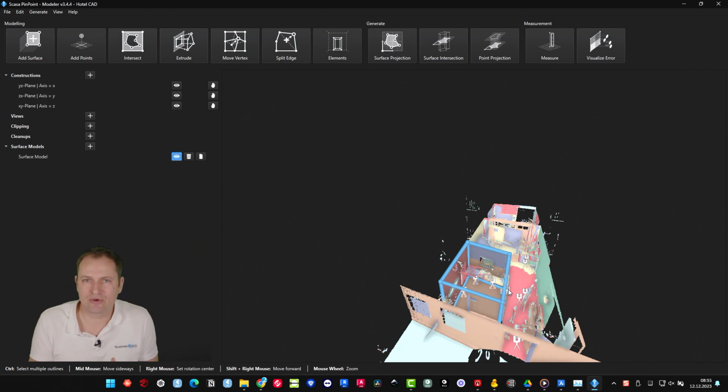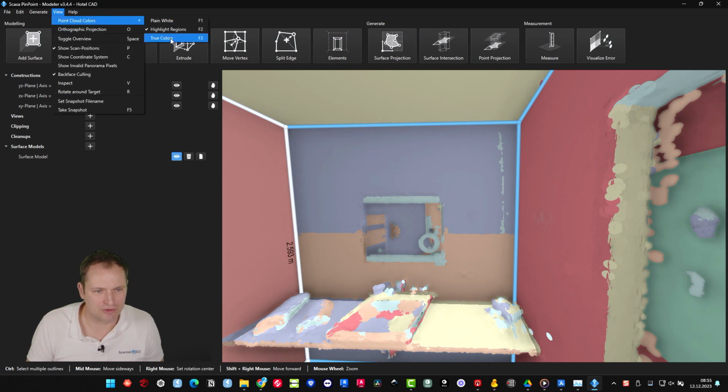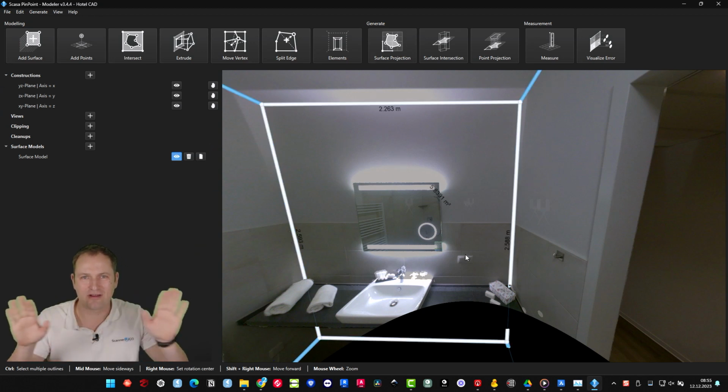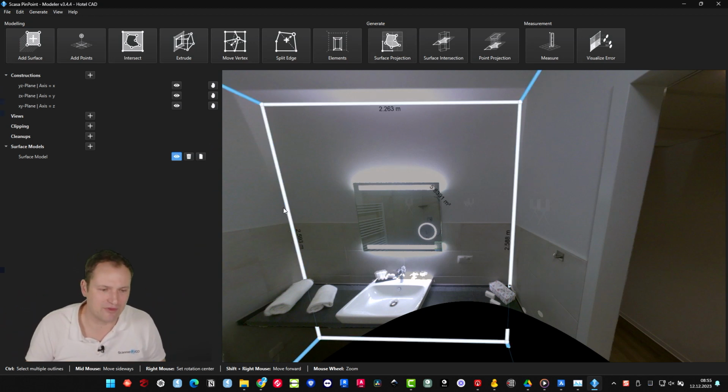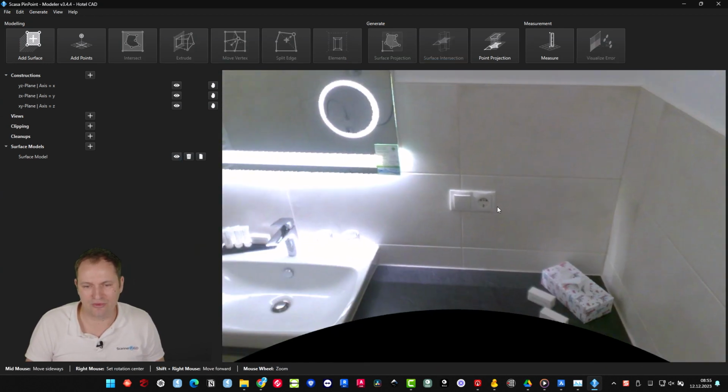So now let's come to the socket and to the light switch. I go back to my model and I see it's here, or I know it's here. Of course I have to switch to true colors, and here we go. And then I can turn off the shape, so I don't have the gray shadow on top of my view. So I turn this off, and now I can see clearly the two things I'm interested in.